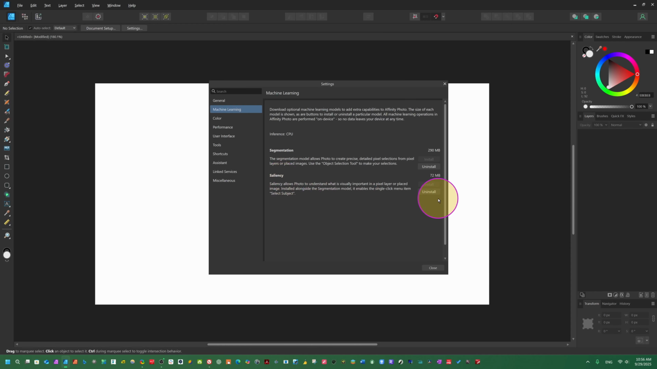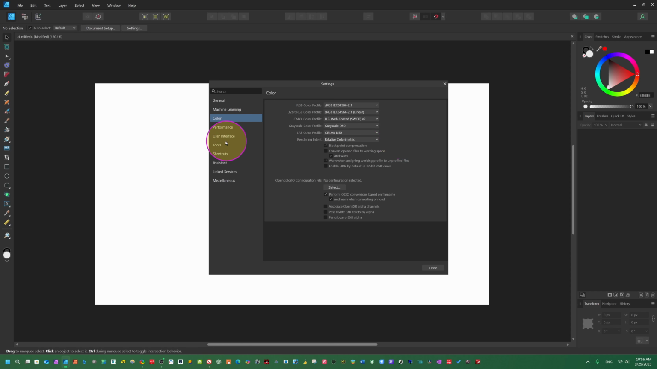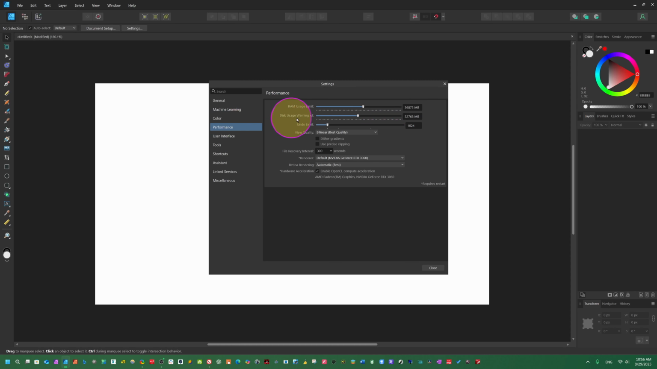Segmentation and silency modules for removing background etc. Colors here you can change anytime. Performance, you can see performance. If you have an NVIDIA GPU or AMD GPU, from here you can change. I have default NVIDIA RTX 3060, and you can just click here like this. Okay, dedicated. I have default, but I just click here NVIDIA GeForce RTX 3060, and retina rendering is important